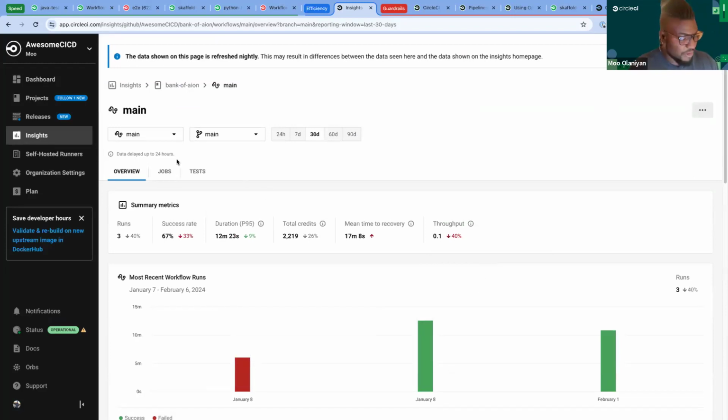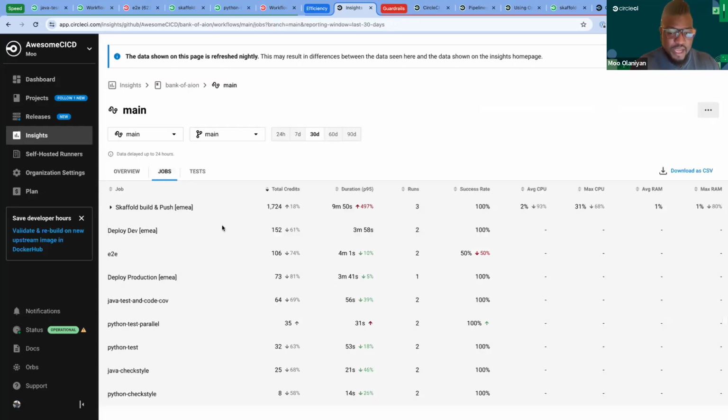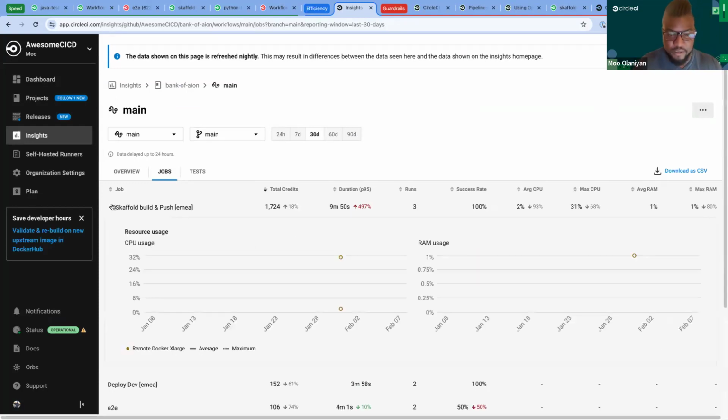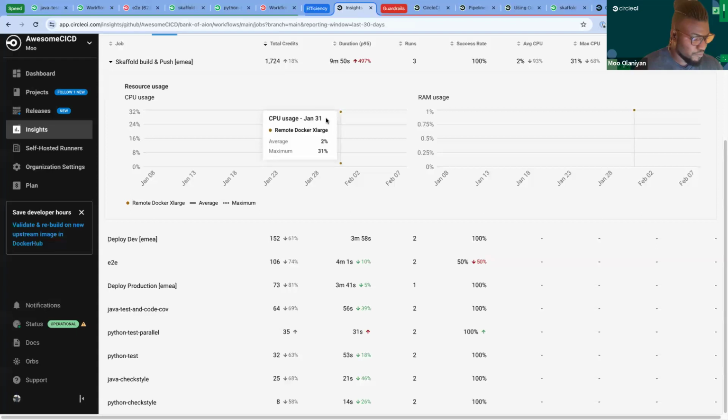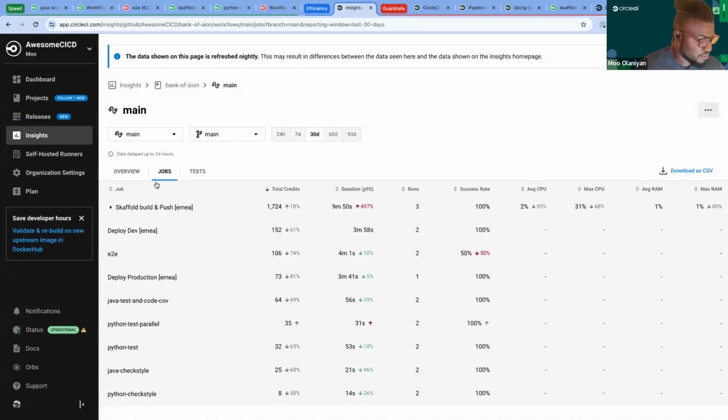If I want to dive into this a little bit further, I can go into the jobs tab here, and I can analyze and assess the CPU and RAM usage of particular jobs, right? This is particularly useful for relevant teams to predict, plan, and ensure the use of appropriate features and resource classes, right? So you can see that this particular job is not even using 32% of CPU and not 1% of RAM, right? And you can go into really any particular job and get that feedback, which is really nice to see. And it's printed out right here as well. So it's a pretty good overview.